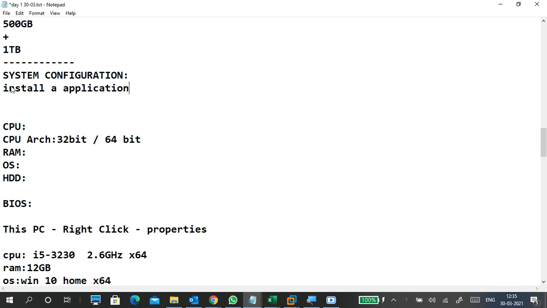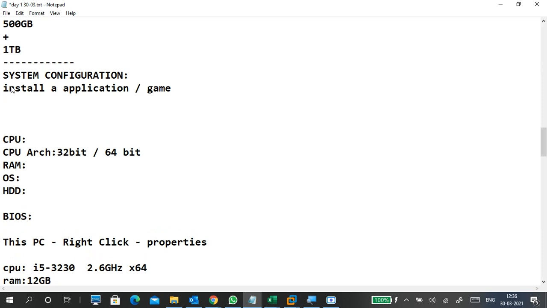So when you are installing an application, or maybe you are installing a game, it will tell you what type of CPU you need, what type of bit processor is required, how much RAM is required, how much graphic memory is required. So that is like, when you are installing an application or a game, it will definitely ask. You want to install an